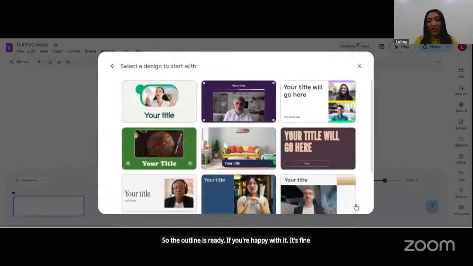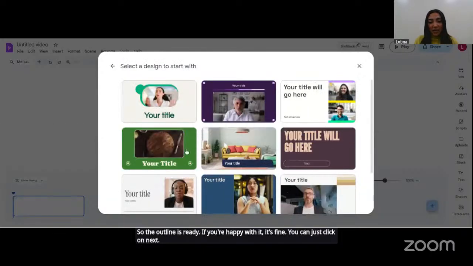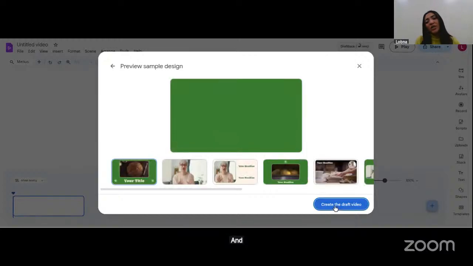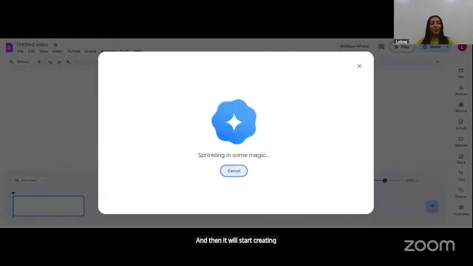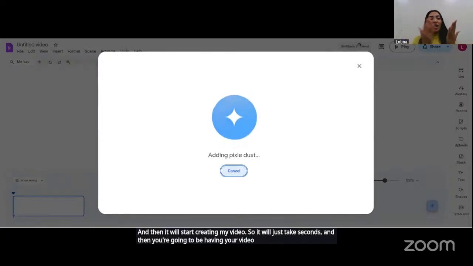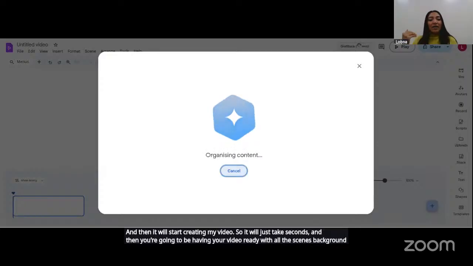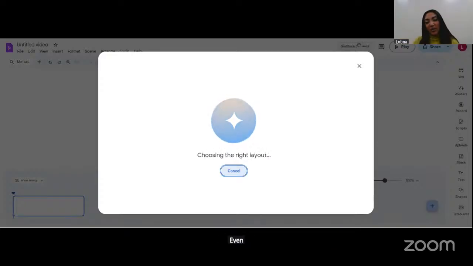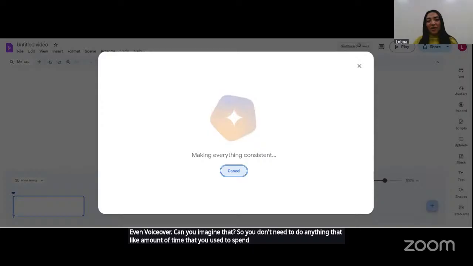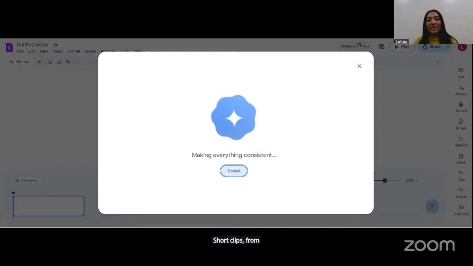You can just click on next, choose your template. I can choose this one, and then it will start creating my video. So it will just take seconds, and then you're going to have your video ready with all the scenes, background music, even voice over. Can you imagine that? So you don't need to do anything. That amount of time that you used to spend working on a video, grabbing short clips from different sources, adding text boxes with the text that you would like to add,